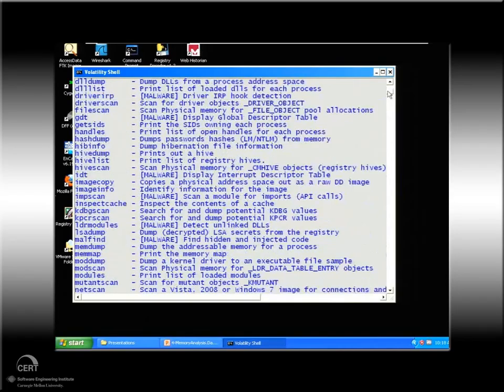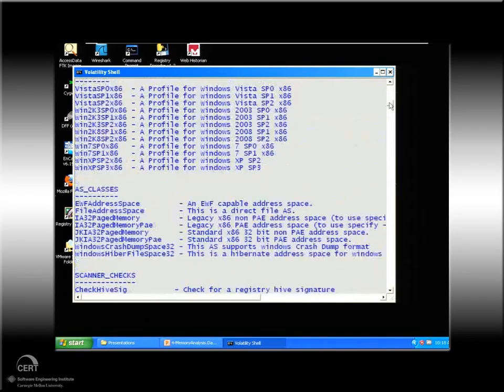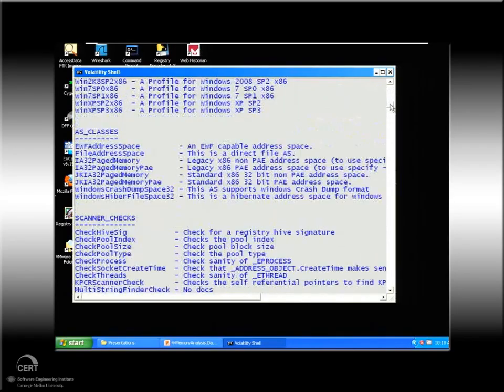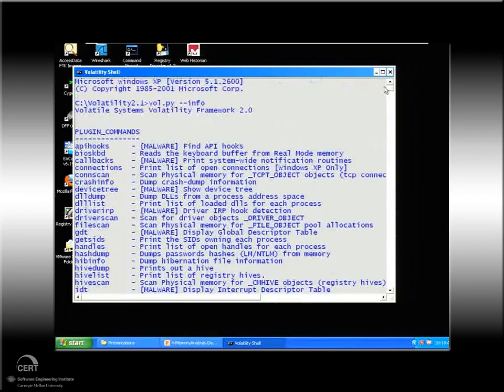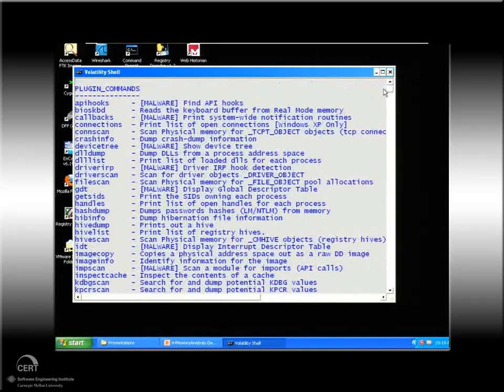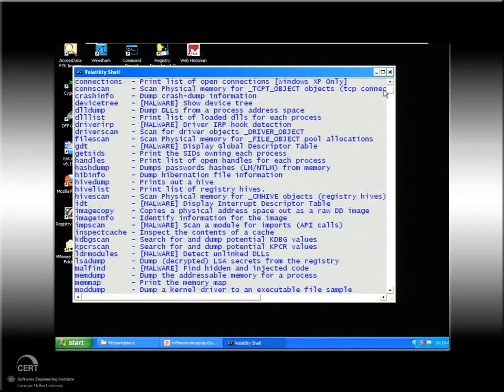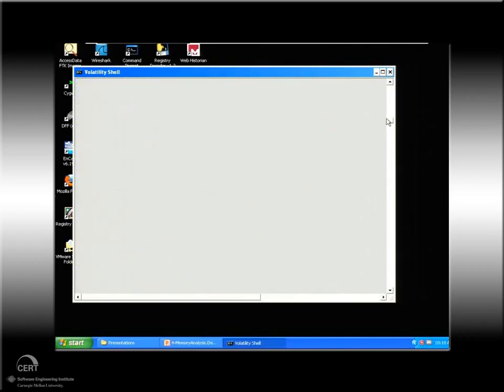You'll see all the different plugins that are available, the different profiles. And this is a little bit more advanced stuff at the bottom, which we won't really cover here. But just be aware that this is basically where you can get a listing of what options are available to me. So now I've created a little